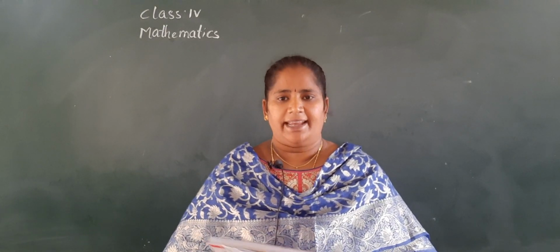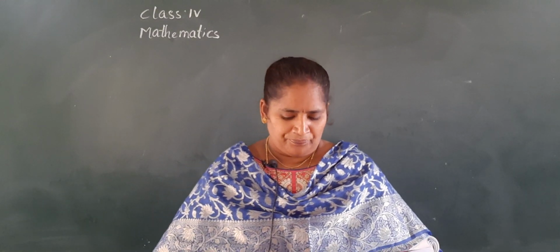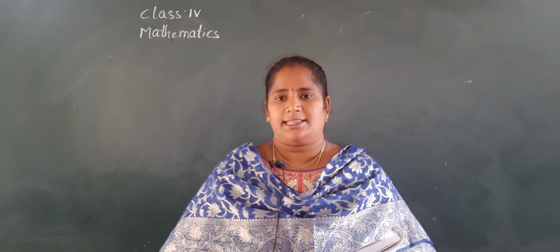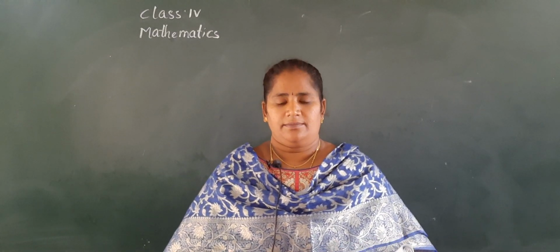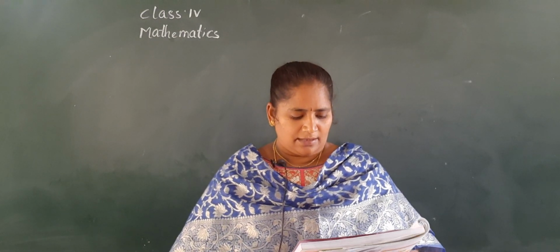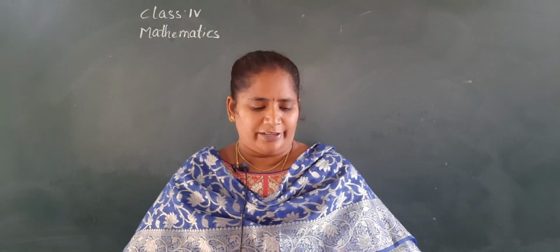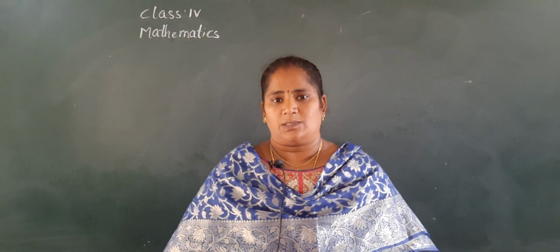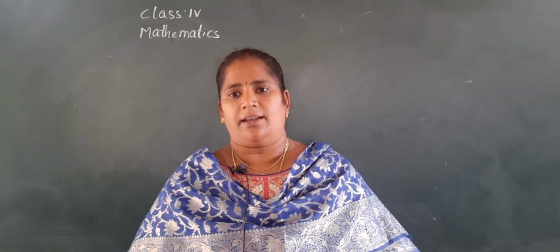So, in the previous class we started the revision of addition and subtraction of large numbers, isn't it? We completed A Roman in this chapter revision, and now all of you open your Maths textbook, page number 41. See children, A, B, C we will do in the textbook only, and D Roman is a word problem that we will do in classwork. Are you ready with your Maths classwork and textbook, children?